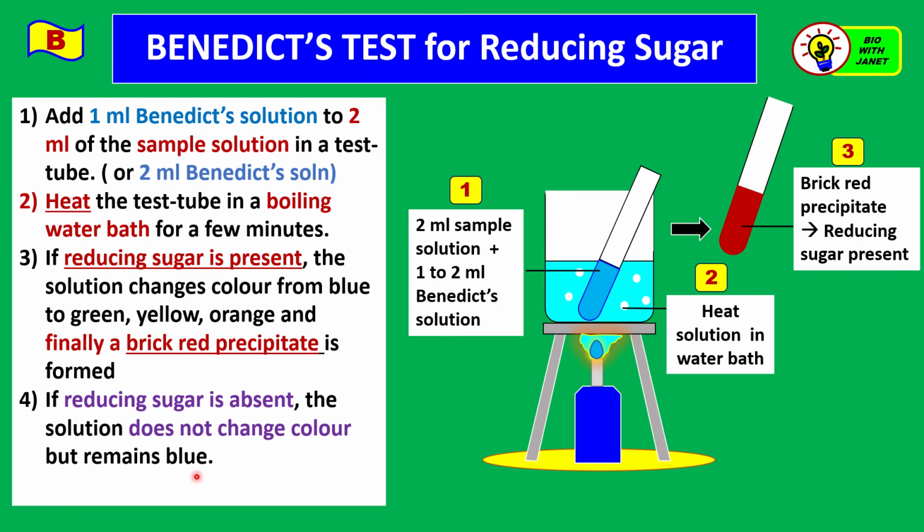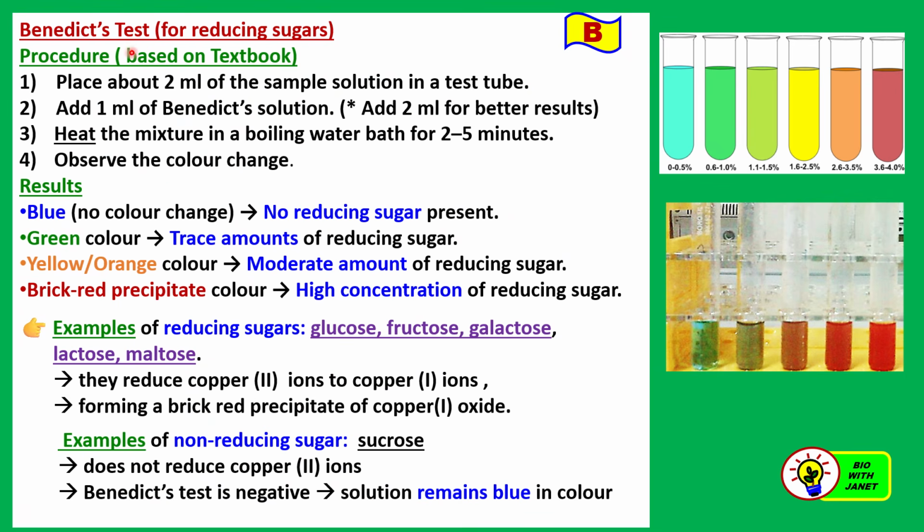Okay, if it's a negative result for reducing sugar, just write down that it's a blue color. That's the color of the Benedict's solution. Now, continuing the Benedict's test for reducing sugar, the procedure based on the textbook, as we have mentioned just now, okay,